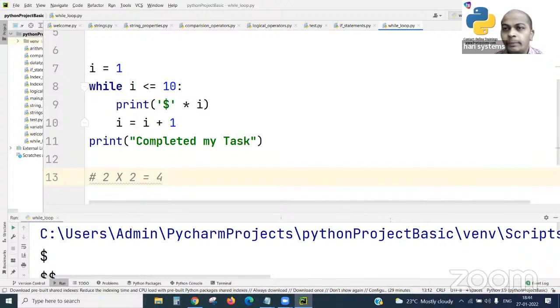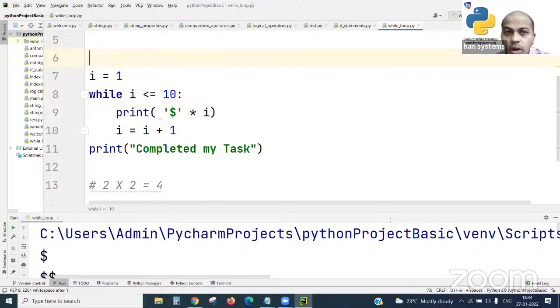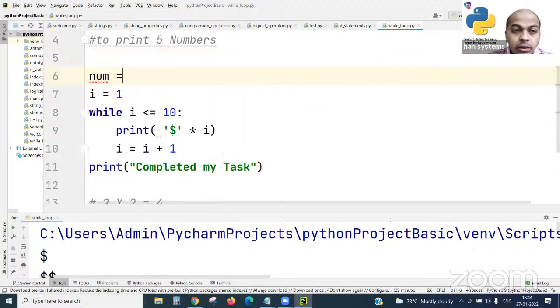So using that formula, we'll try to apply it to show our own multiplication table. Which number do we want in the multiplication table? I'm setting number equal to 2, starting with the 2 table. Why? Because choosing a lower number helps me understand very clearly and shortly using low memory. 2 2s are 4, I know very well.